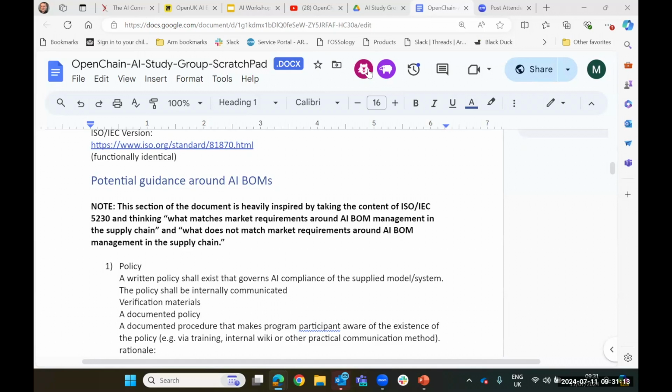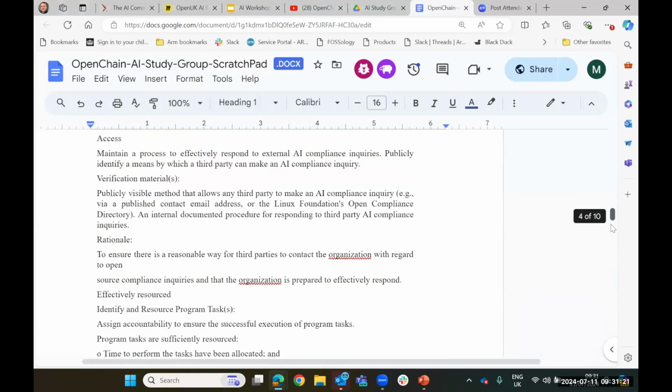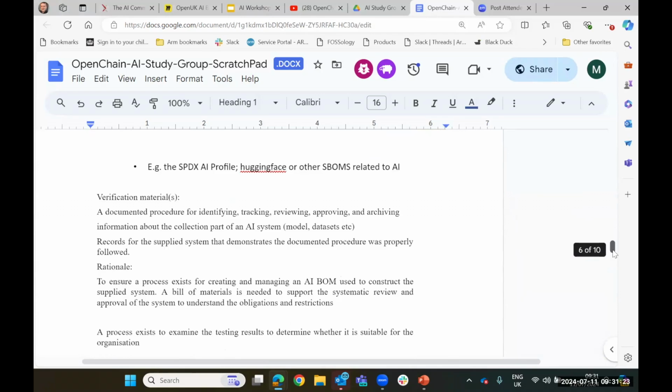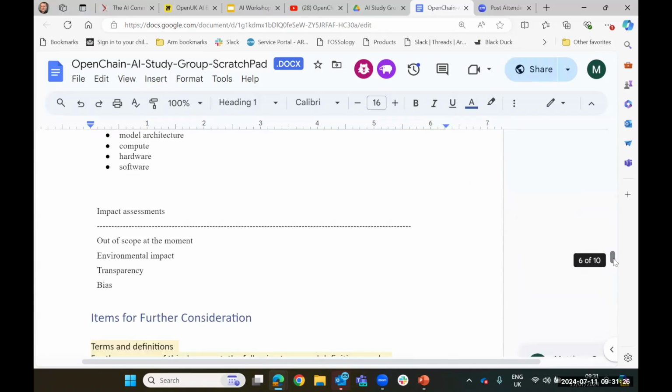Second note I had, which is towards the end of the document, Matthew, the stuff which you were flagging is probably out of scope, or at this juncture is, though it's open for discussion. Everything is always open for discussion in OpenChain. Yes, out of scope at the moment. Environmental, transparency, bias. As per the very beginning of the document, we're currently keeping the scoping concept, AI bill of materials,